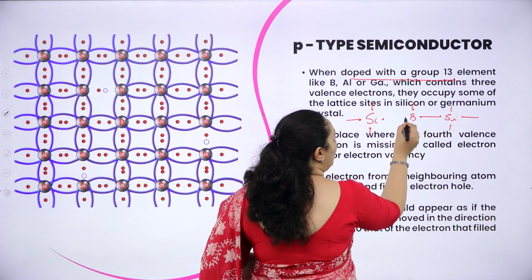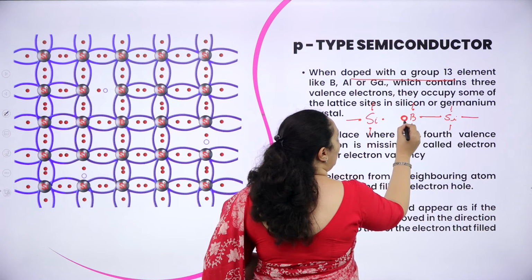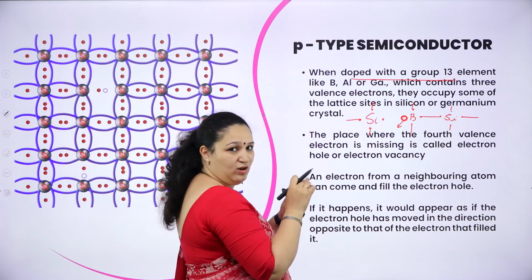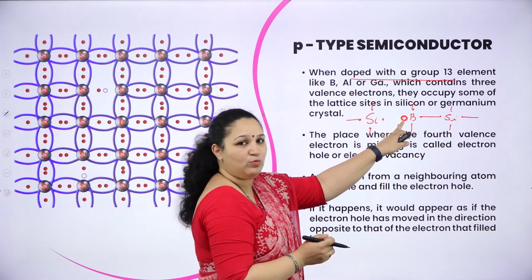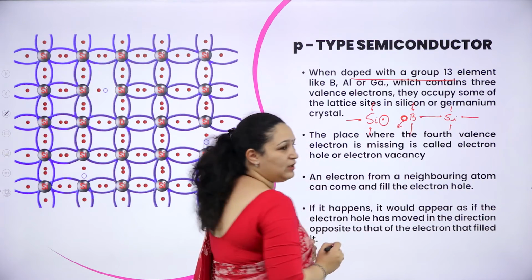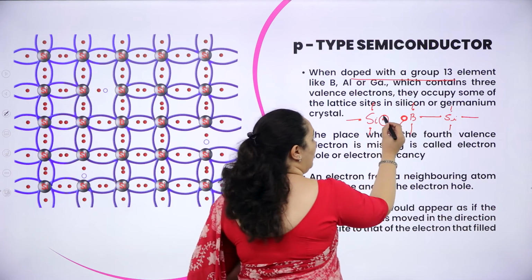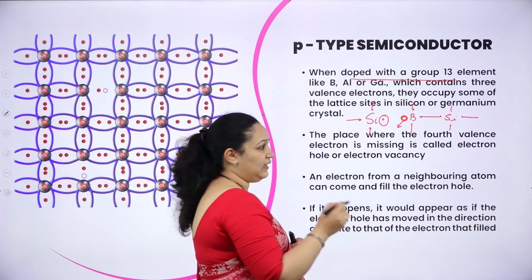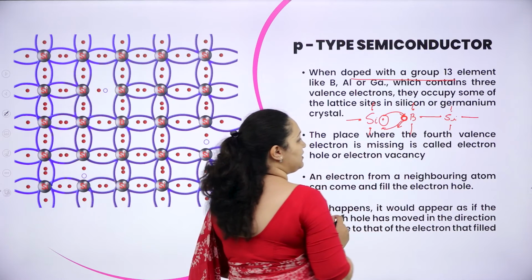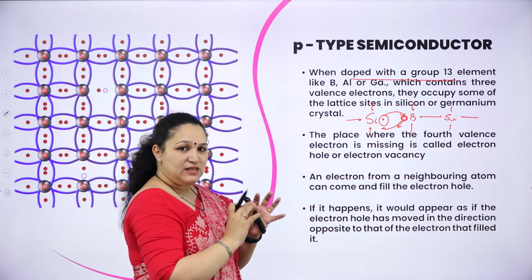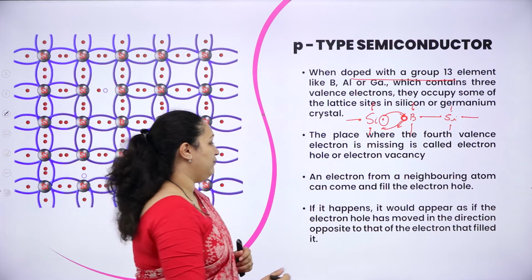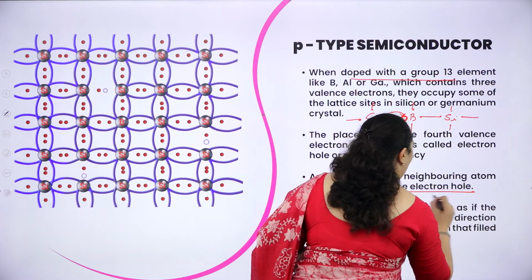Now here at boron, there is no electron, a hole is created. Here on boron there is no electron to form the bond with silicon. So 1 electron is free here and 1 hole is created. This electron will now help in conductivity. It will start moving to the hole and the hole will move in this direction. So the conductivity is because of the hole. What is it? Electron hole.